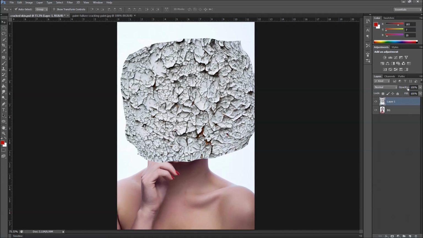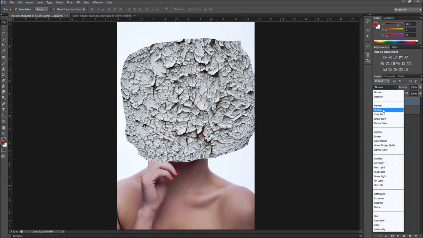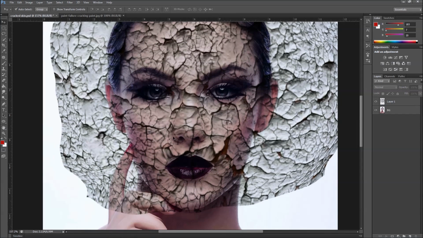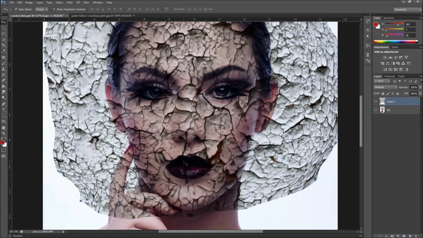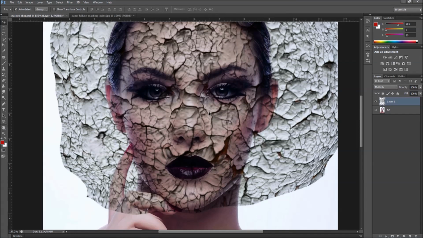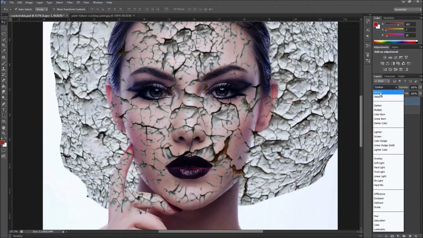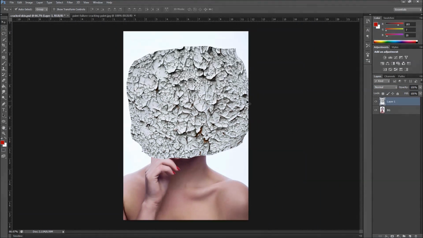And if we change the blending mode from normal to multiply, we can see that it is following the contour of her nose, and we can see it puffing out a little bit here, and also the indents here on our lips. Okay, but we really need to define this a little bit more. So we're going to put this back to normal, and we're going to go back to our liquify tool